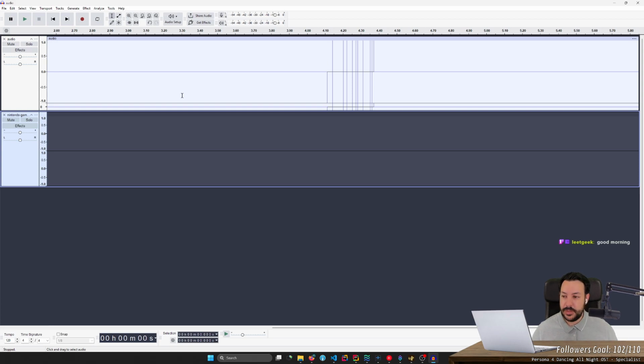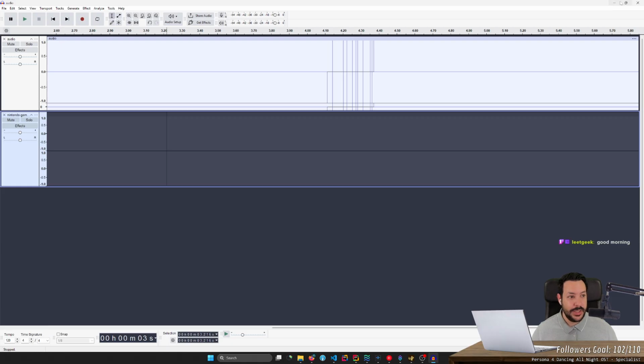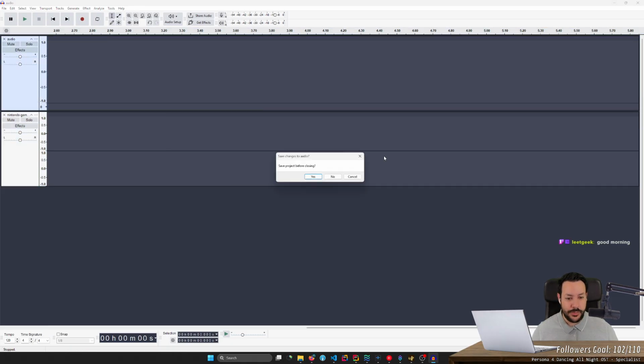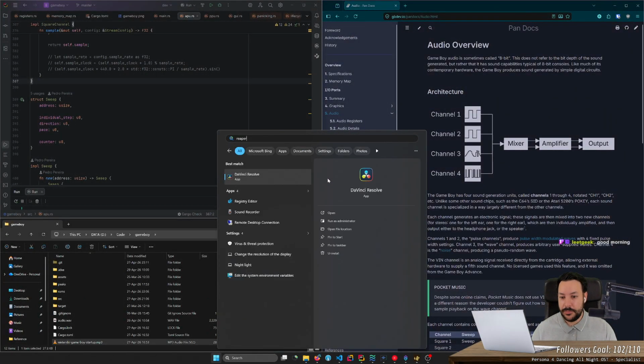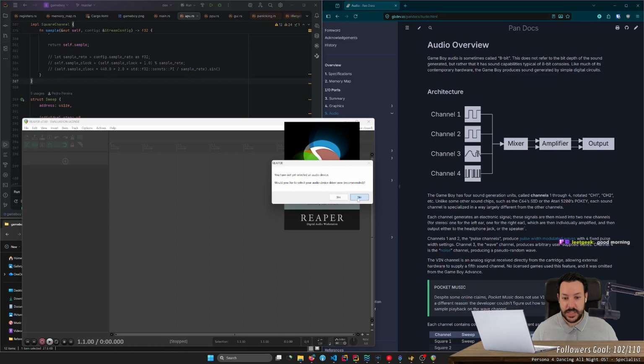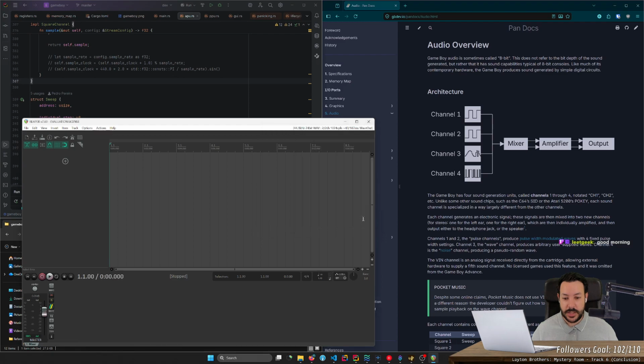That number is the only part that is correct, the rest not so much. So we needed to figure that out. Yesterday I installed Reaper because I wasn't getting any success in visualizing the waves that I am outputting.